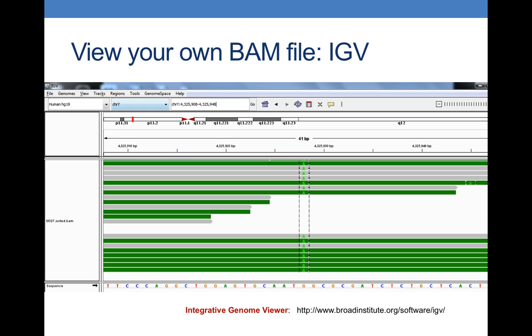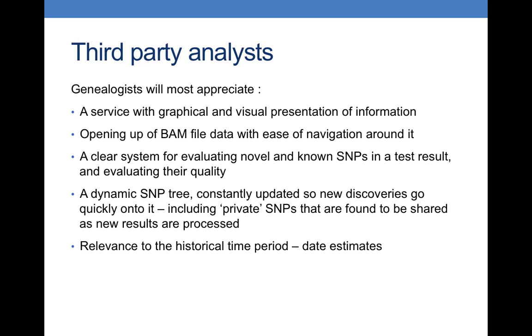There's a lot more reads than they're showing if you zoom out. So you can do this yourself, but again, there's a bit of a learning curve in getting to be familiar with this. One of my own favourite third-party analysts is one that offers, I think, a lot more service for genealogists. And this is, I think, what genealogists who are not necessarily trained how to use data would like to have: a graphical or visual presentation of results that will allow them to go into their raw data, their BAM file, and to navigate it easily, to find out what's in there, what's interesting,